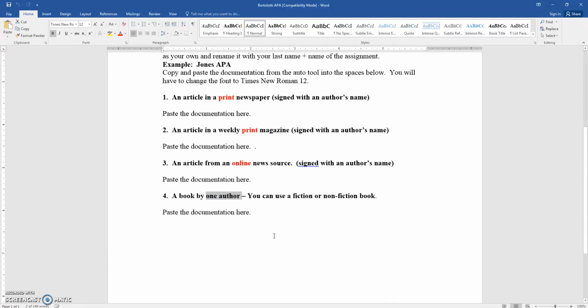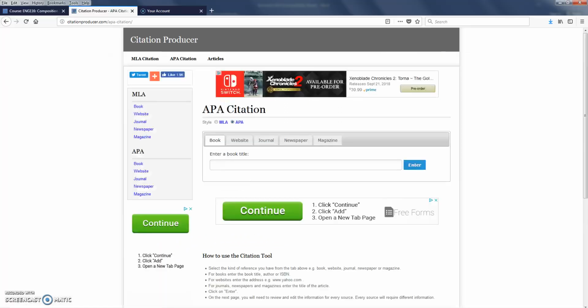So you've picked out your book that you want to use for this assignment, and you come over to the APA tool that I gave you in the lecture. And you can see there are a couple of tabs here that you can click on. Make sure you've clicked the right tab, in this case, Book. And so I'm going to start here, and I'm just going to use this book that we're reading for the class, Of Mice and Men. Notice APA doesn't care if you correctly capitalize these words. I'm going to hit Enter,